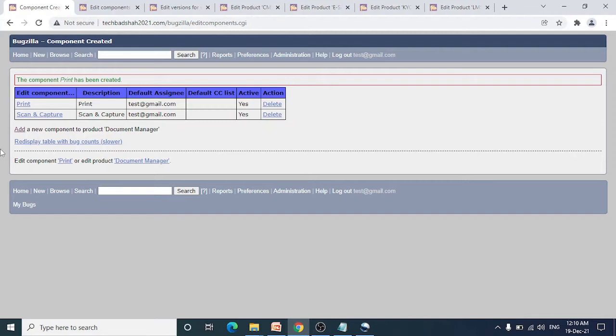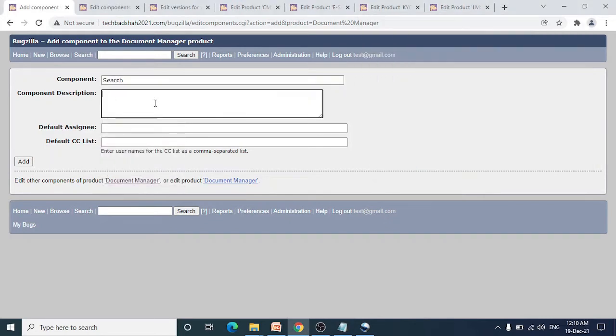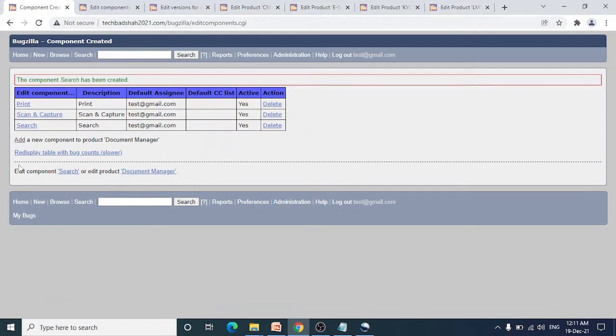Let's add another component to it. I'm clicking the add button again. So all the required components that we wanted to add got added here.